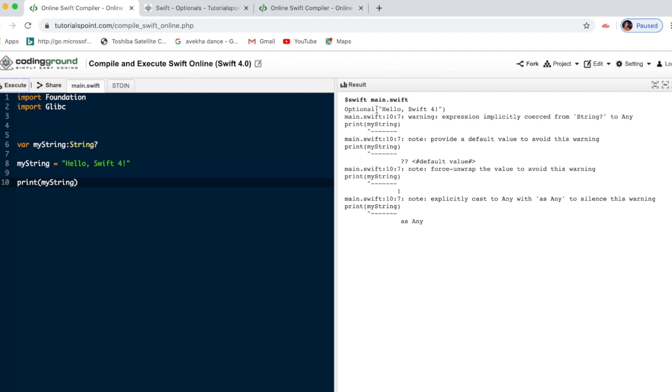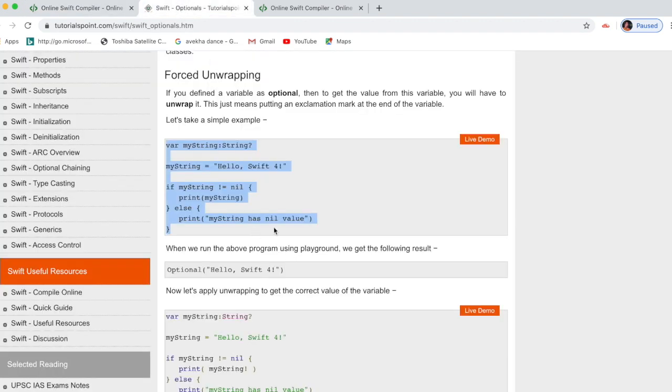You can see the output here: Optional Hello, Swift 4. This is the output showing, which means it is equivalent to nil, either it can be nil or has a value. That is the condition we have already seen.